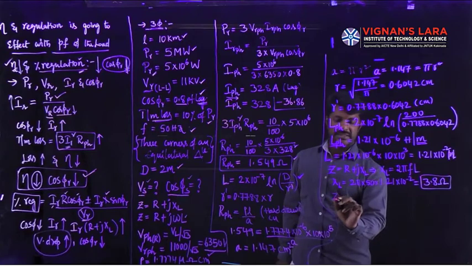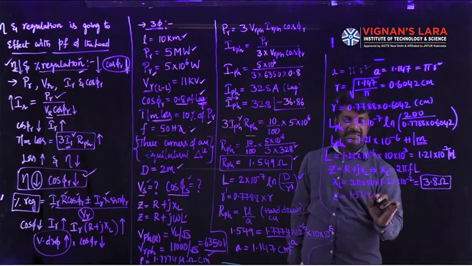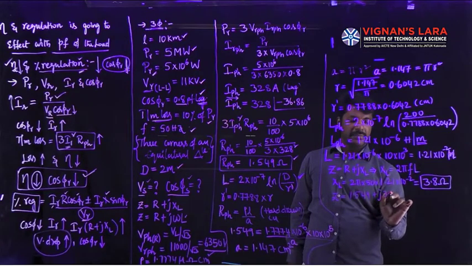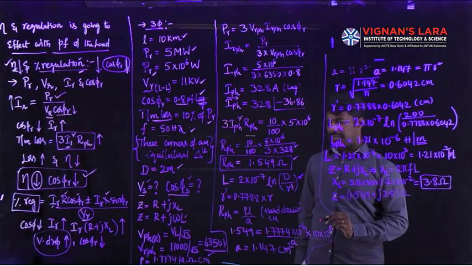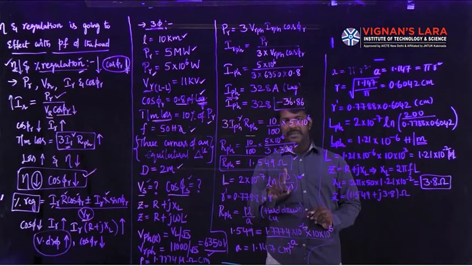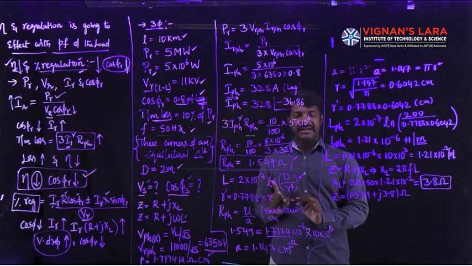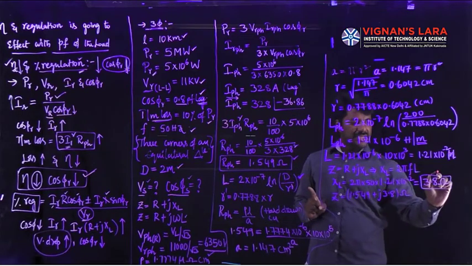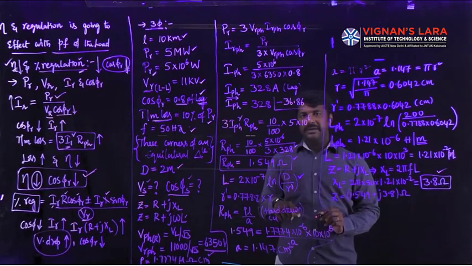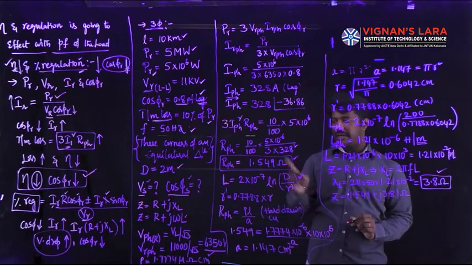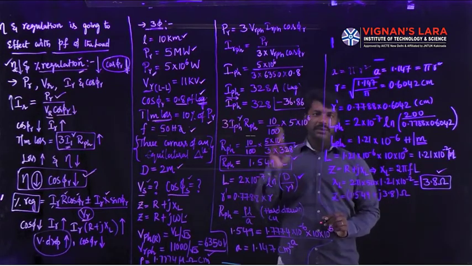Then the overall impedance in complex notation can be written as 1.549 plus j 3.8 ohms. Hope all of you understood how to find out the constants. In the previous problem, they gave the constants directly. That is, the magnitude of resistance is given directly in the data, as well as the reactance. But in this problem, we are expected to calculate from the principles we have learnt in unit 1. So it is a problem related to unit 1 and unit 2.